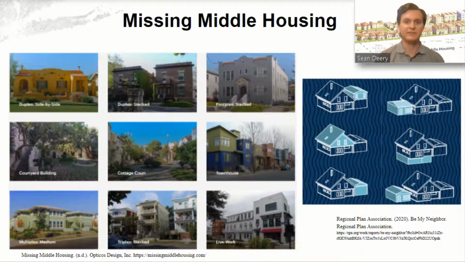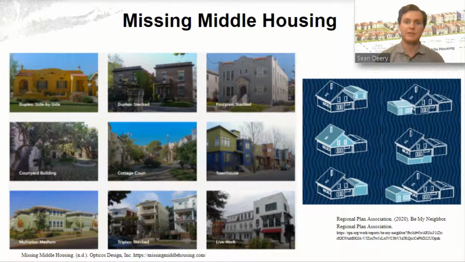Missing middle housing is anything besides a single-family home or a mid-rise apartment building, which includes accessory dwelling units, cottage houses, townhouses, courtyard apartments, duplexes, triplexes, and fourplexes. Accessory dwelling units, or ADUs, are the most common form of missing middle housing, and can be considered any apartment that is added into an existing structure on a single-family residential parcel of land. ADUs have a private kitchen, bath, bedroom, and a living space separate from the primary dwelling unit.